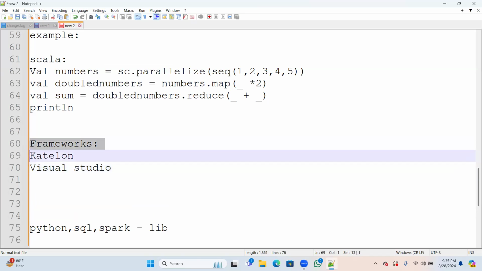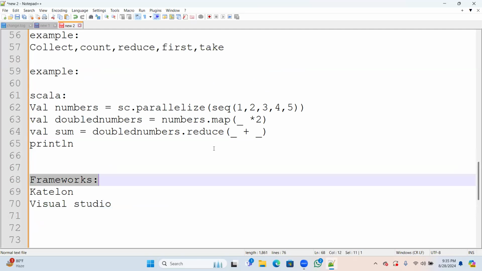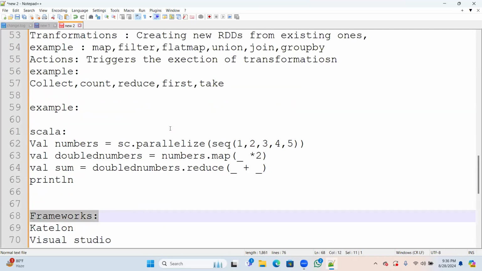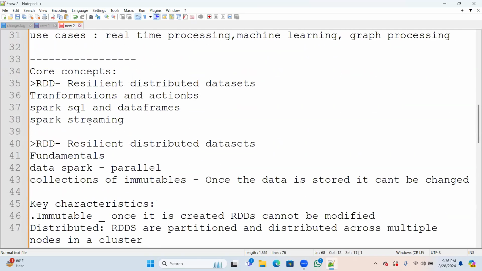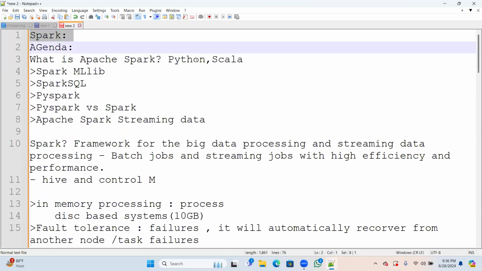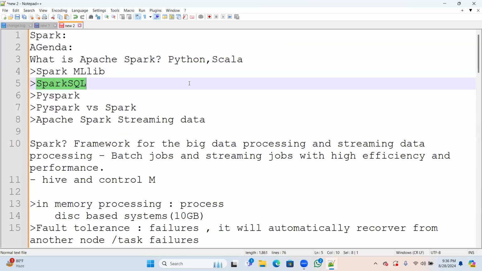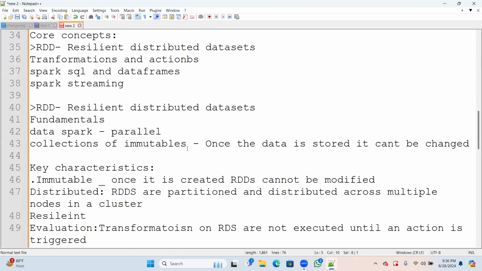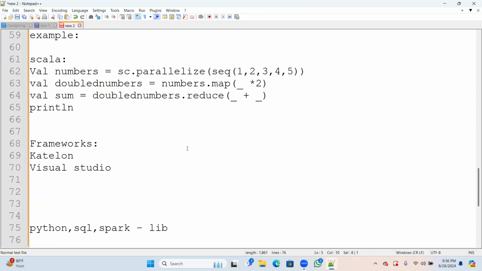And in these frameworks, initially we need to configure Spark, using Python or Scala. For example, in your project, I told you, we'll be having batch processing and real-time processing.